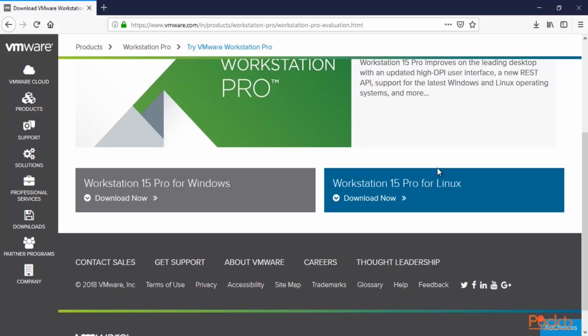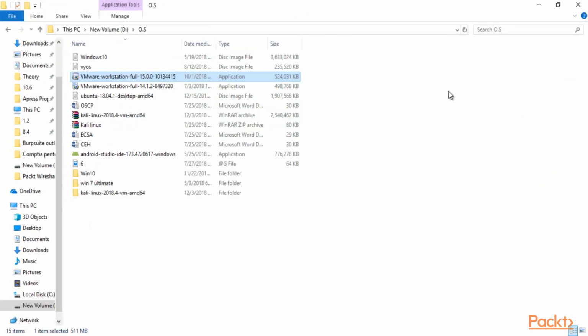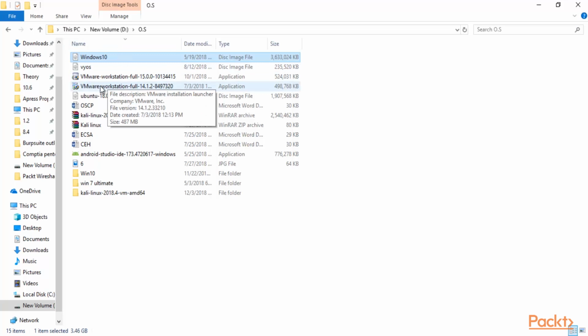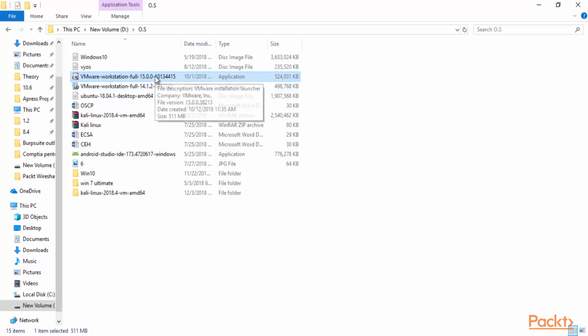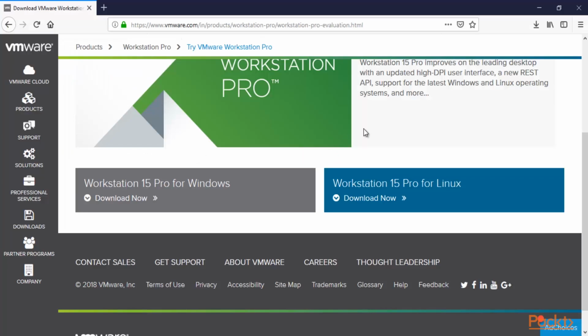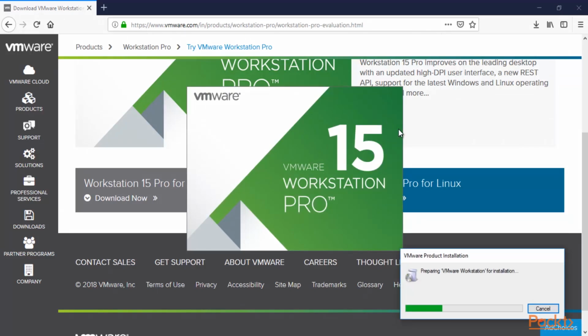So guys, I think VMware Workstation has been downloaded inside my main operating system. Let me check where it is. If I open my file system here, you can see that inside my D drive, the VMware Workstation 15 version is right here, right? Now I can install it inside the system. To install it, you can double click here. Now it will start the installation. Here you can see that it has just started the installation procedure and is preparing first of all,